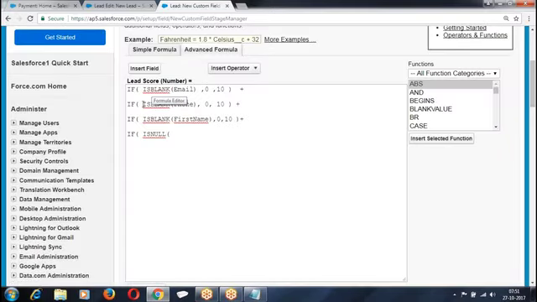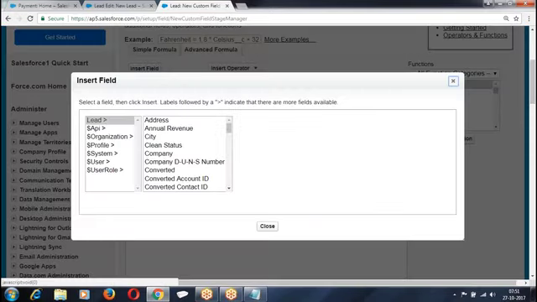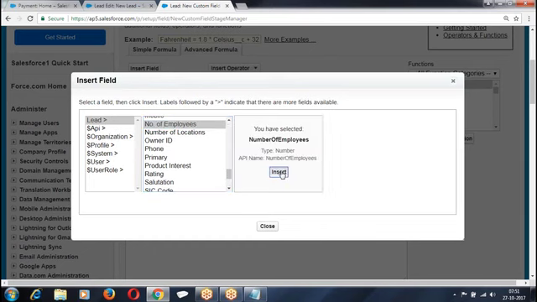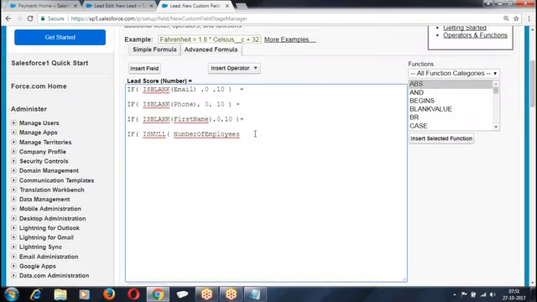If you are not sure of the name of the field, click on Insert Field. What is the object? Lead object, in which we have number of employees. If number of employees value is null, 0 points, not null, 10 points. Plus if annual revenue greater than 0, 10 points, otherwise 0 points. This is how we give it: if condition, this is the value, else this is the value. Are you getting my point?